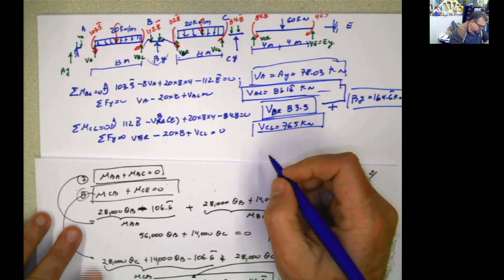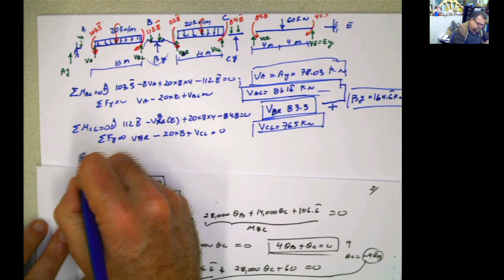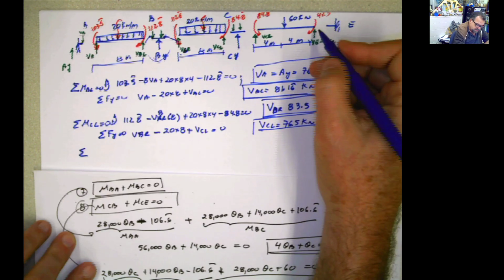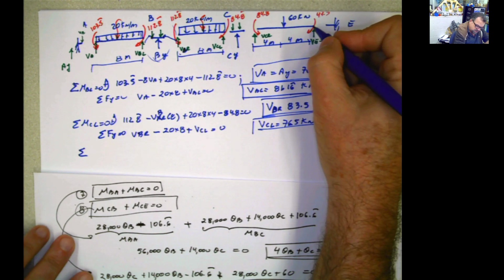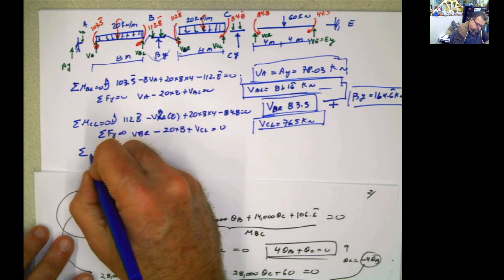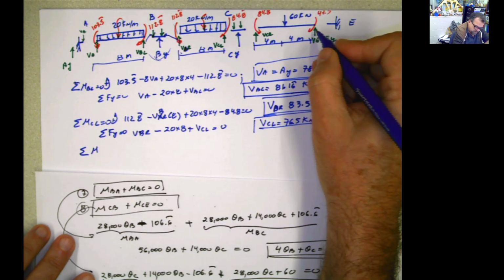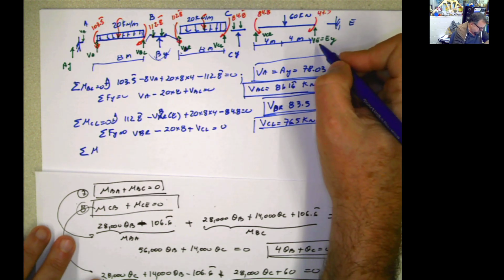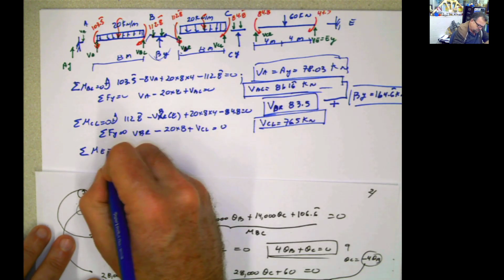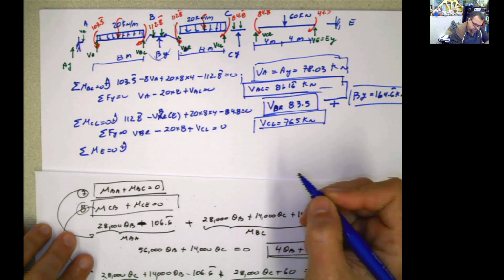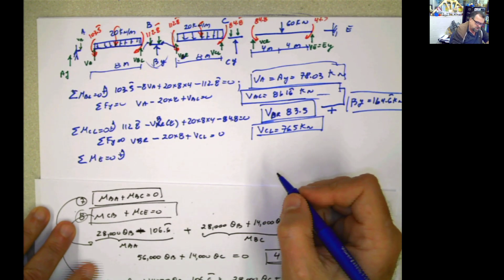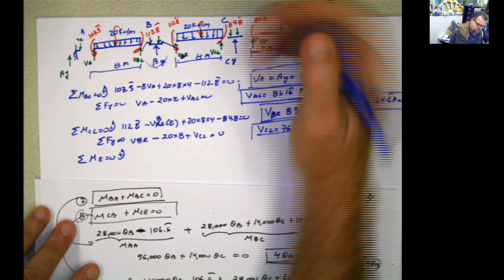And last but not least, we can do summation of moments at here. What is here? E. But I didn't call it E, right? Yeah, I call it E. And if we do summation of moments at E equals 0, then you have positive